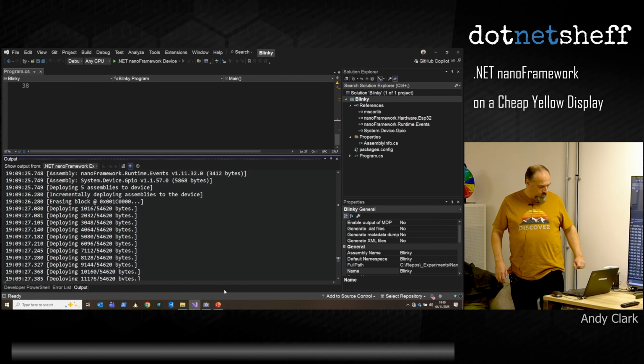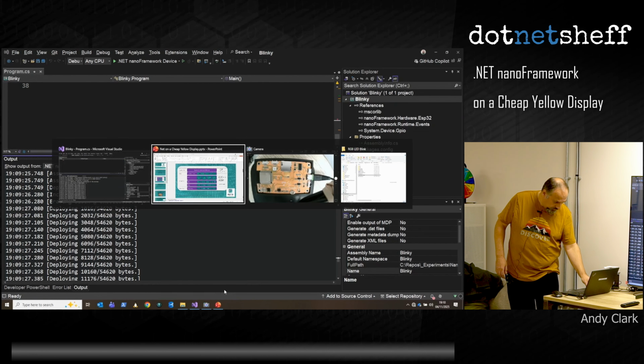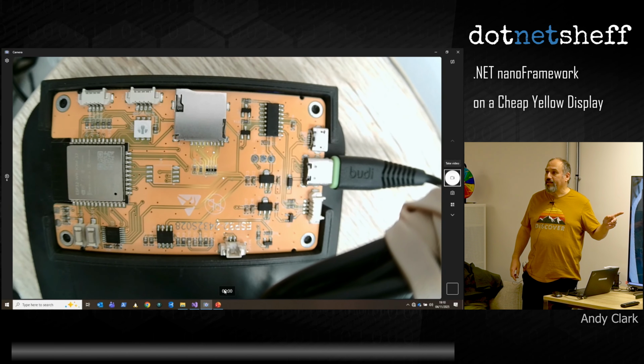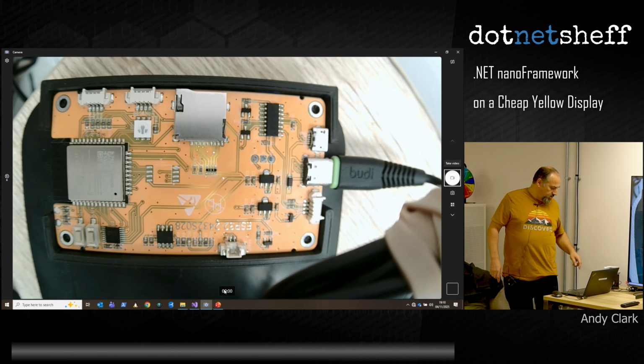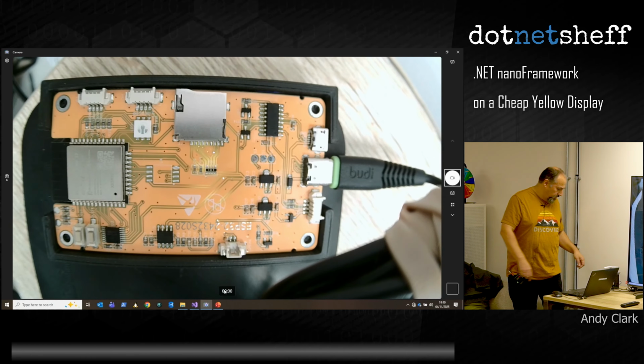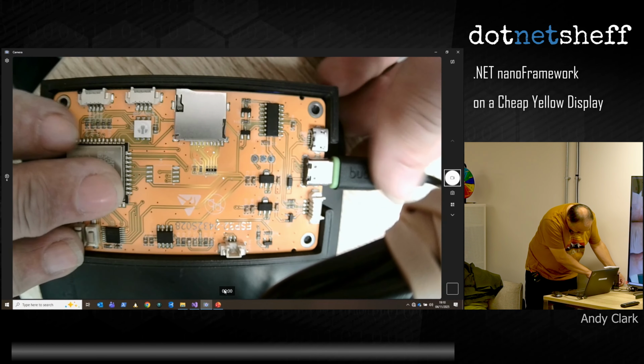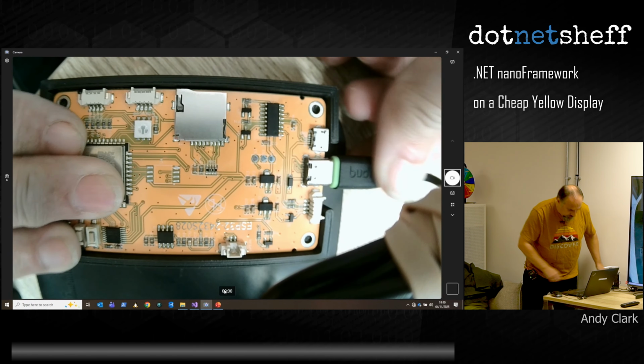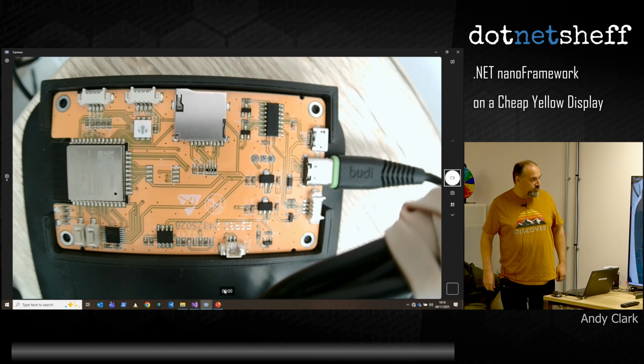I'm going to put the camera on because you'll see it's not blinking. And this is quite often the case. You need to restart the device to get it to rerun the code. So the simplest way of doing that is to unplug it and plug it back in again. Hopefully we should see